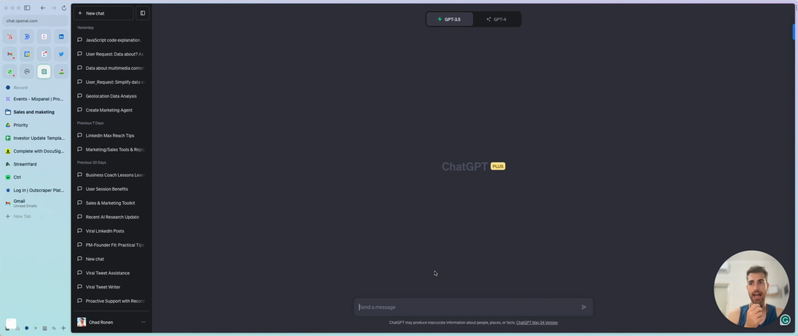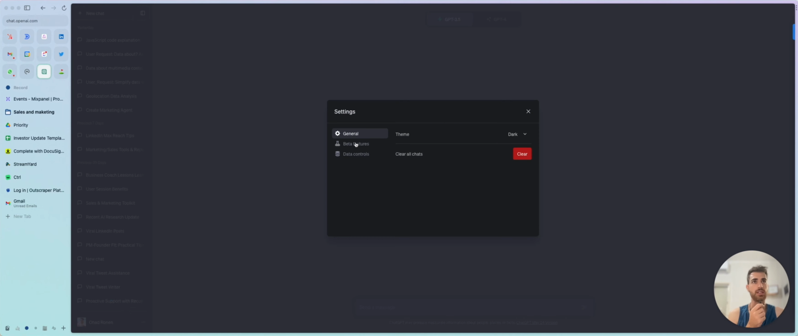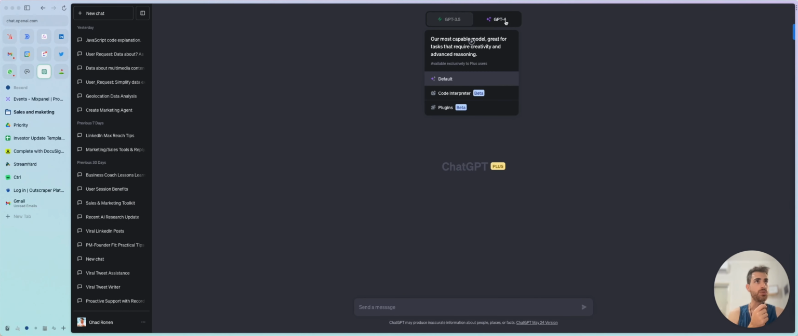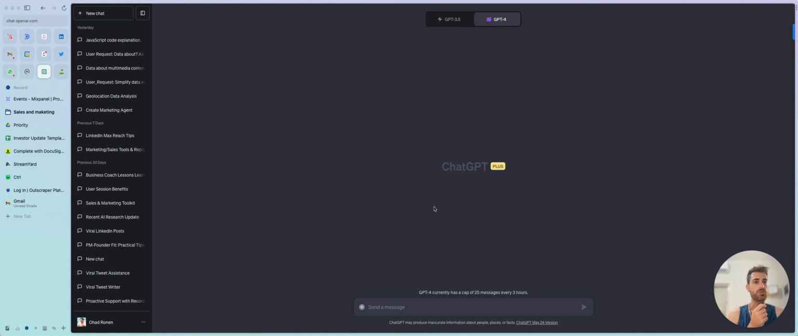Okay, so I get the CSV file. It's just downloaded here. And now what I need to make sure is that the code interpreter is enabled. Click on the three dots, settings, and then go to beta features. And then you have here code interpreter, and make sure that toggle is on. Now what we need to do is go to GPT-4 and choose code interpreter from this drop down menu, and